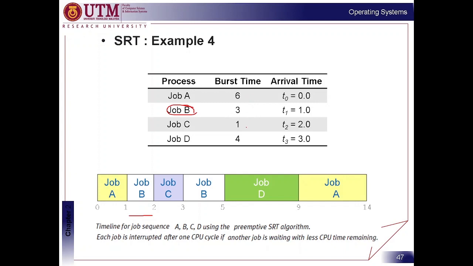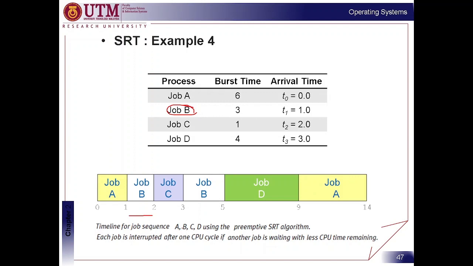Because there is another process with smaller burst time than job B, but it is not available at time 1. Because of that, we will just execute job B for 1 unit of time, because we want to see the next available process